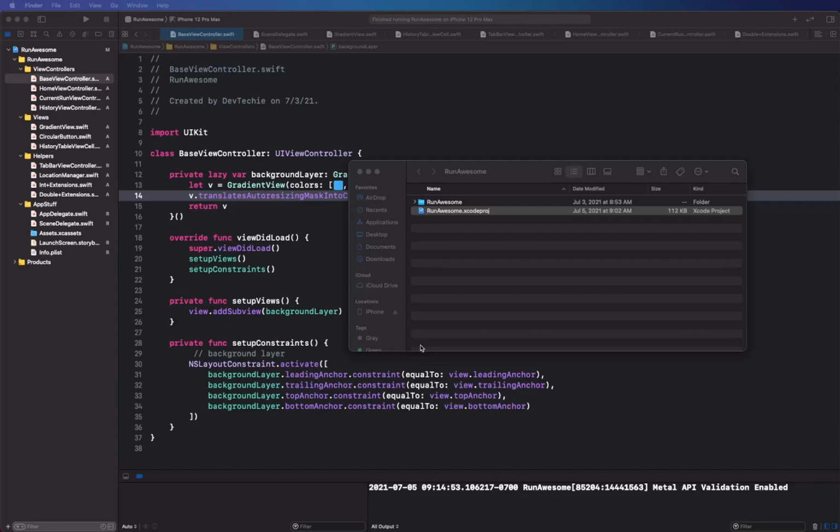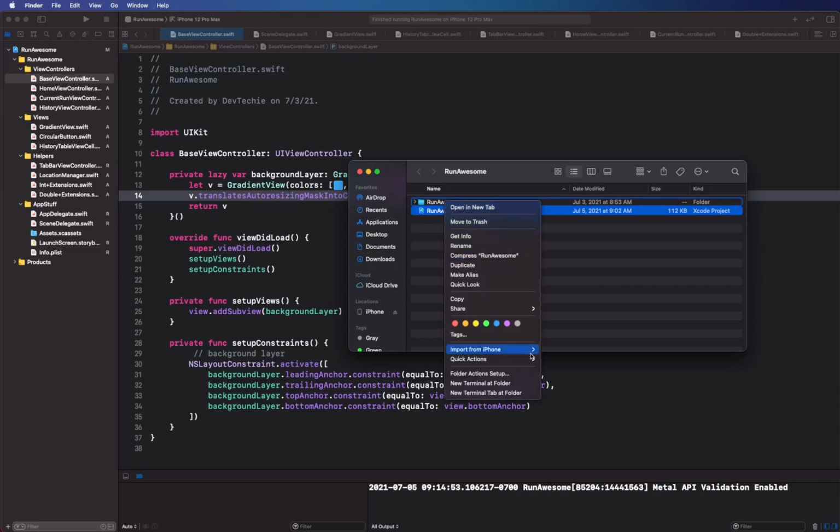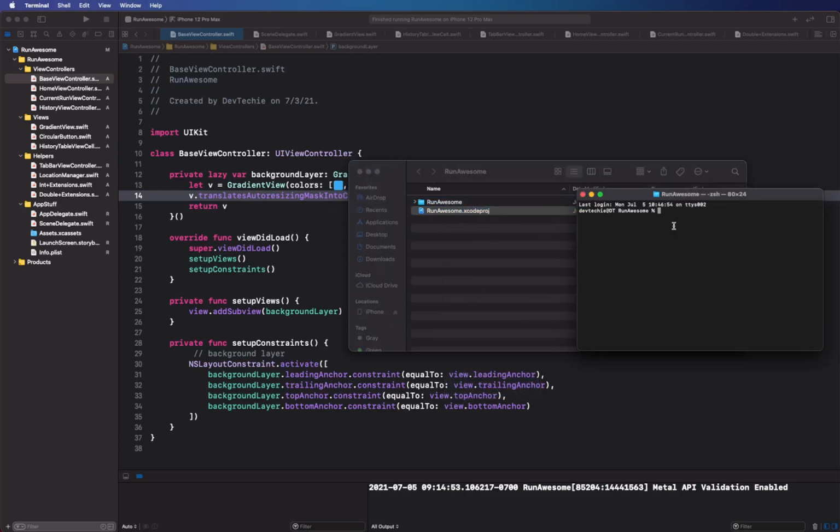Okay, so first thing we're going to do is open our projects folder, and I'm going to right click and open a new terminal at the folder. Then I'm just going to do cd .. and ls. So this is where we want to be, basically at the root directory where you have your Xcode project